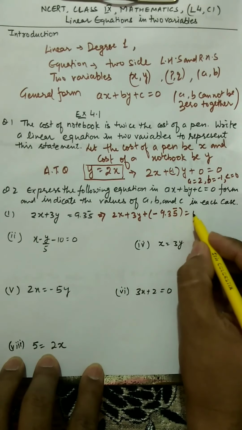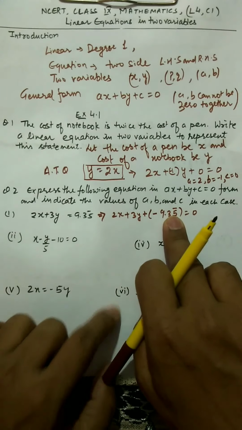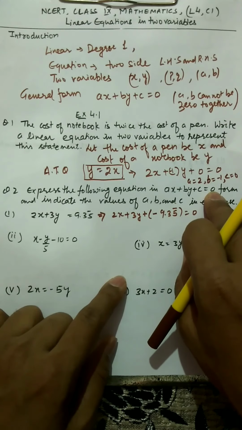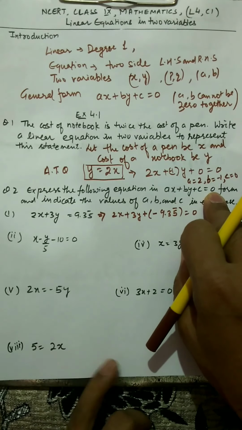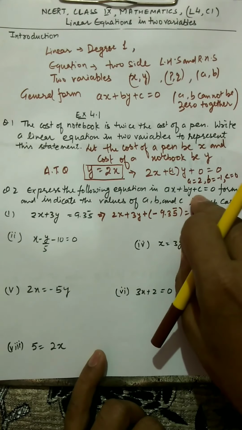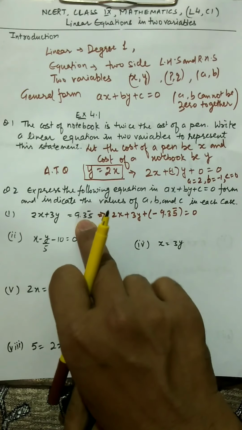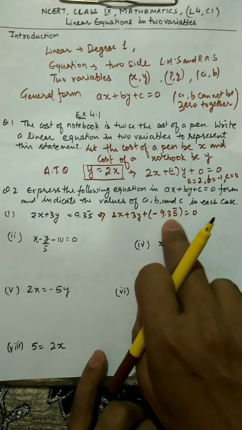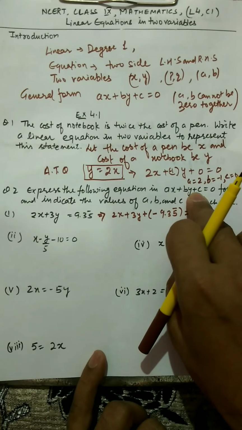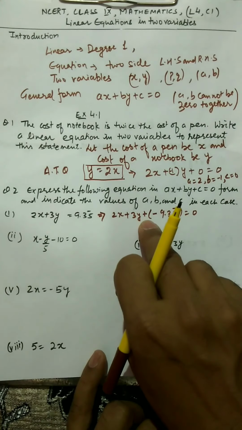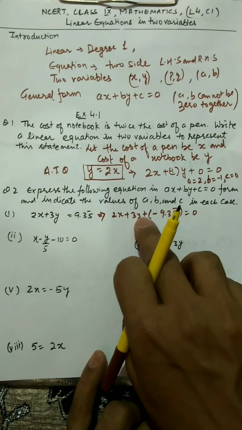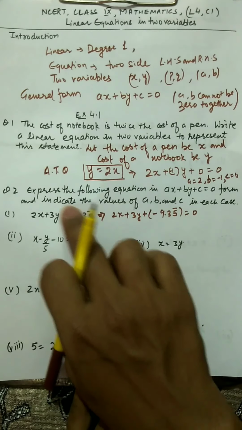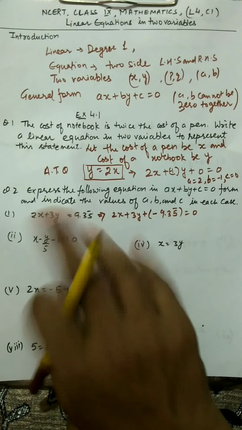bar. This is equal to 0. So why have I written it? Because you can see that the RHS of the standard form is 0. There is nothing on the right hand side, so we have to bring that constant to the left hand side. We have brought it, but we have to maintain the sign also. We have taken plus, but you know this is minus, and minus plus will be minus. So you will get the original one.